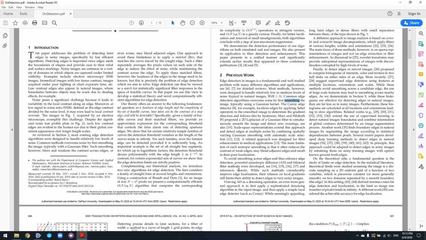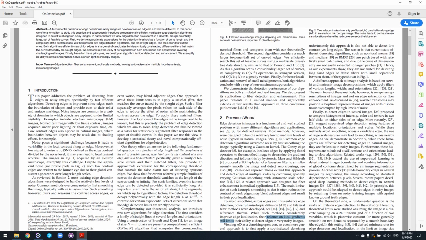After that, he reviewed another edge detection algorithm, which relies on local gradients. So if the image has too much noise, it has some limits here. It's not very accurate. And then he reviewed more algorithms,